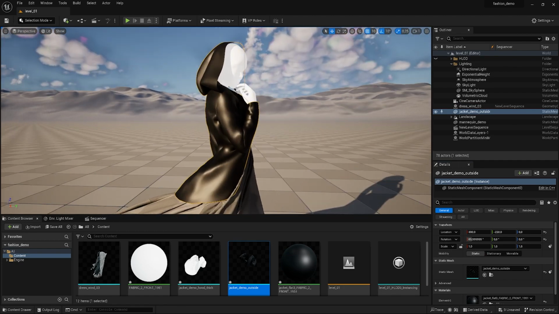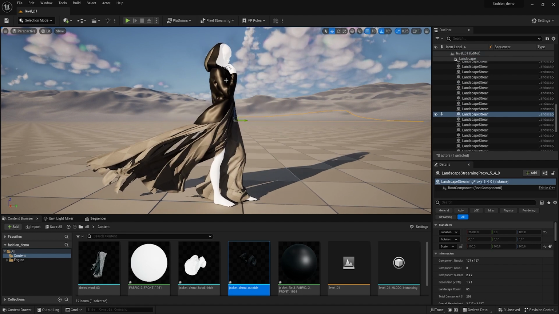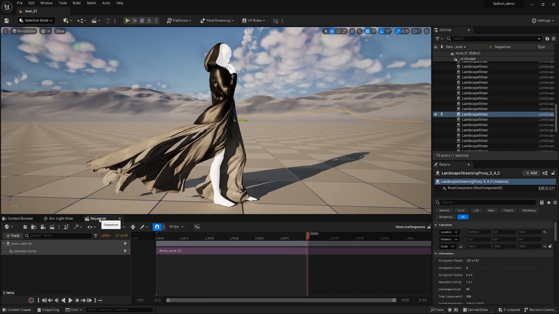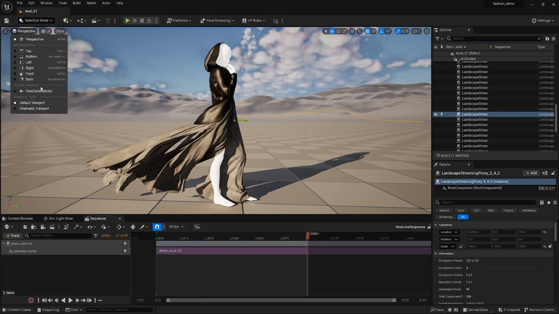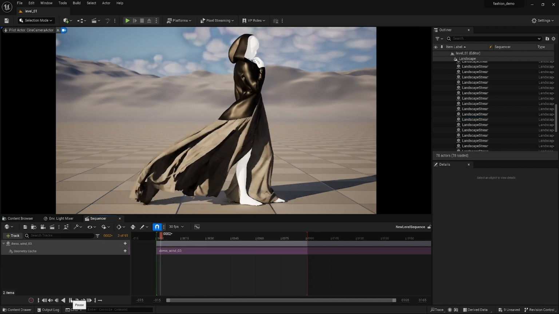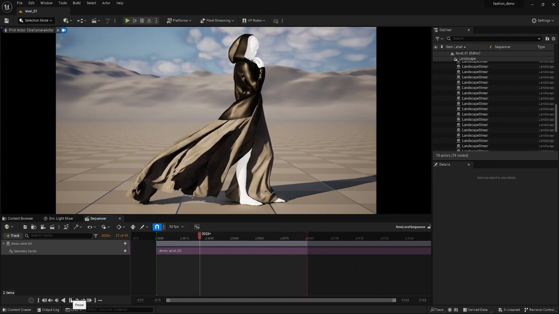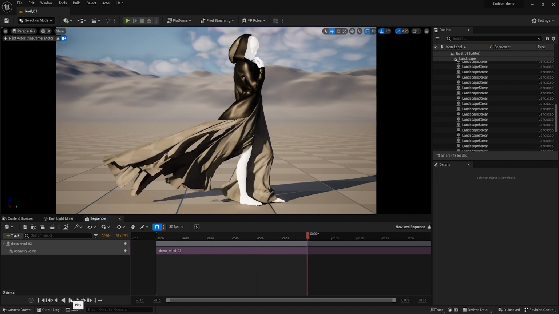Everything is in place now, so we can test our animation. Go back to the Sequencer tab and in the corner of the main viewport, click on Perspective to change the view to the cinematic camera called Cine Camera Actor by default. You can go back to the perspective view at any time by clicking the Eject button next to the pilot